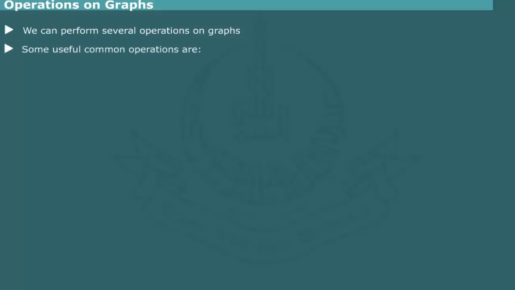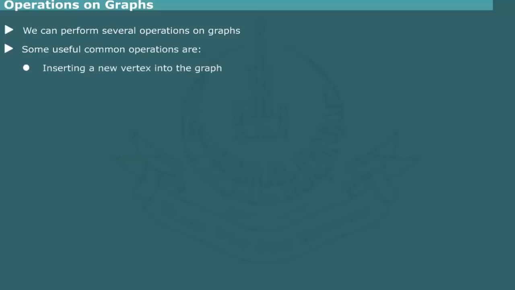Operations on graphs. As with other data structures, we can perform several operations on graphs to access the data elements and update the information contained in the graph. We can also modify the relationship among data elements. Some useful common operations include the following: